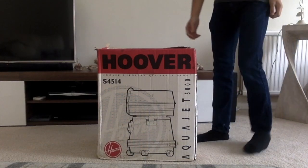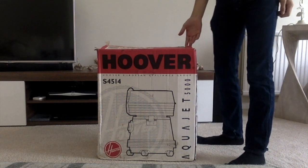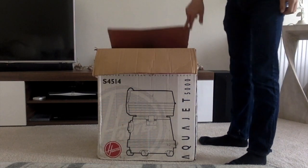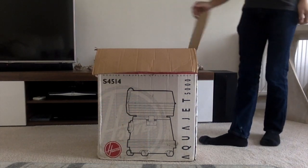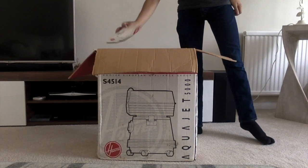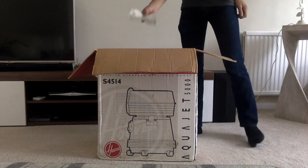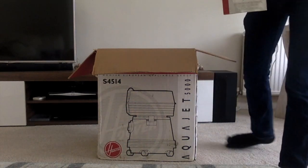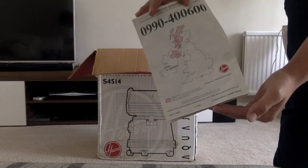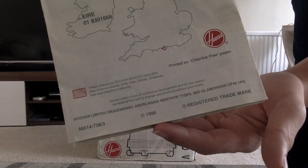Right, today I've got an unboxing of a Hoover Aquajet 5000, model S4514. This machine is pretty much new. It's not completely brand new and I have used it. I got this from an auction for £4. We'll start with the instruction book, which is dated 1995. As you can see,